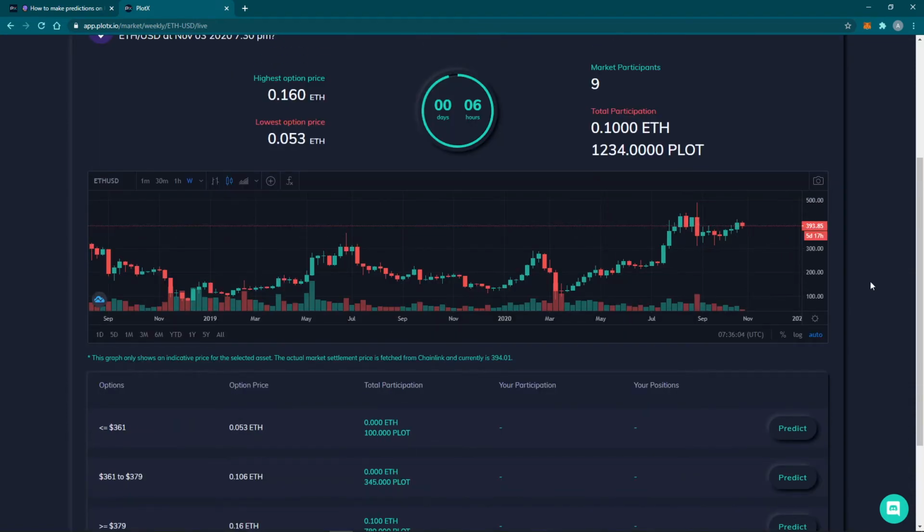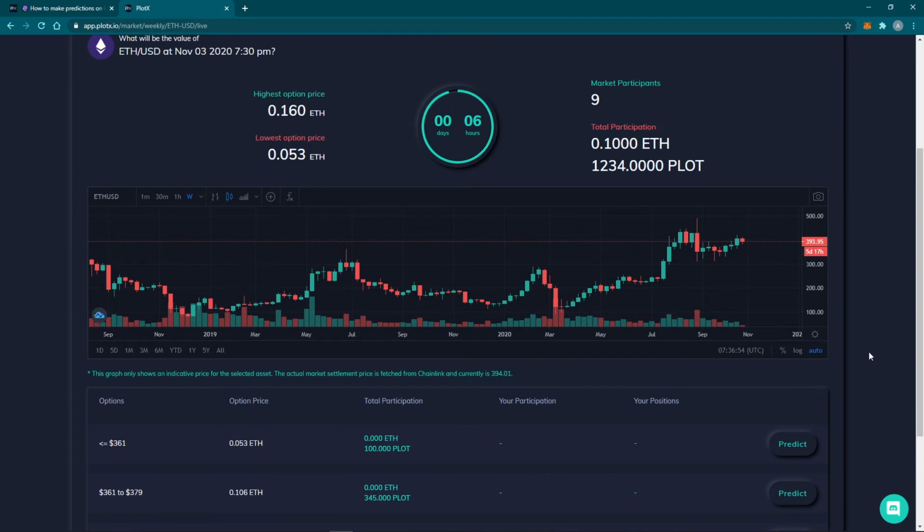One thing to keep in mind here is that the price you are seeing in this chart is not the price the Plotex protocol uses for essential things like option price calculation or market settlement, etc. The price is taken from Chainlink and it's updated right here every 5 minutes. So as you can see, there is already a difference between the prices we are seeing right here and the price that we are getting from the Chainlink that is being updated here every 5 minutes.